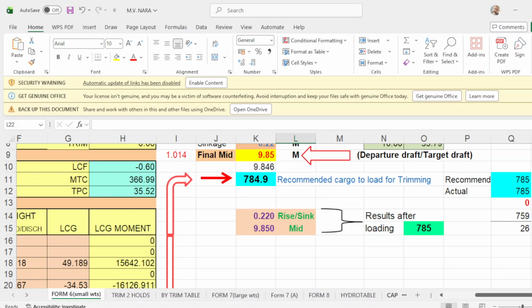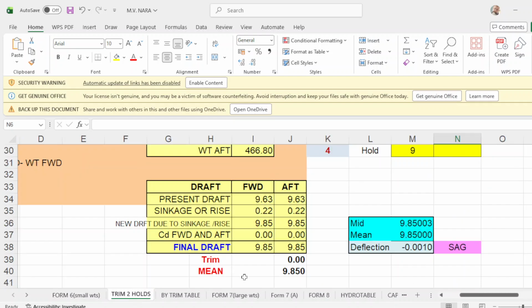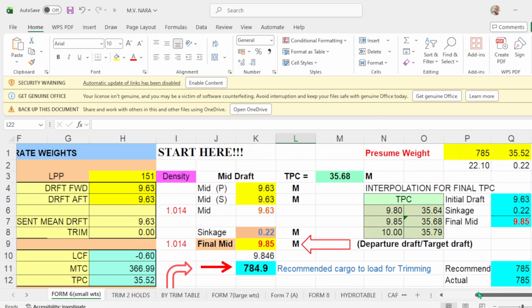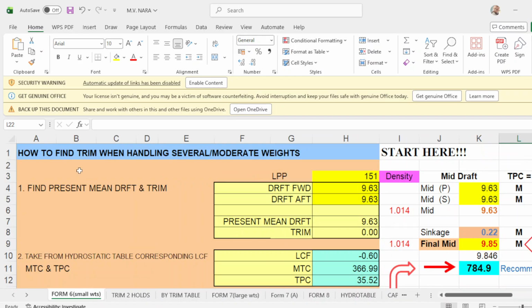Okay, so this is trim 2 holds, even keel at 9.85. You go back to number 6, which is how to find trim when handling several moderate weights.